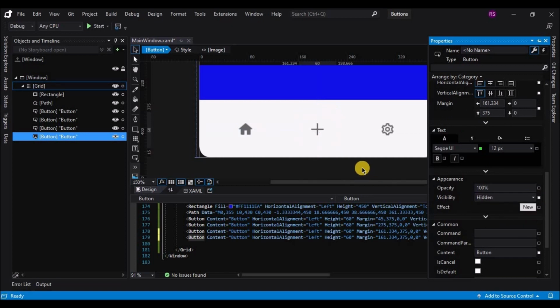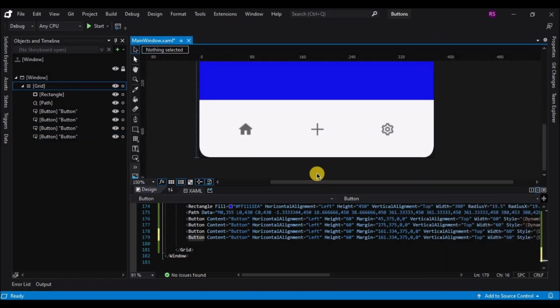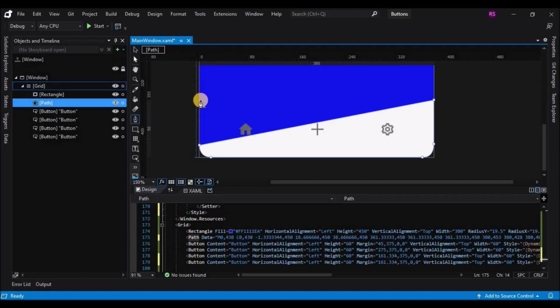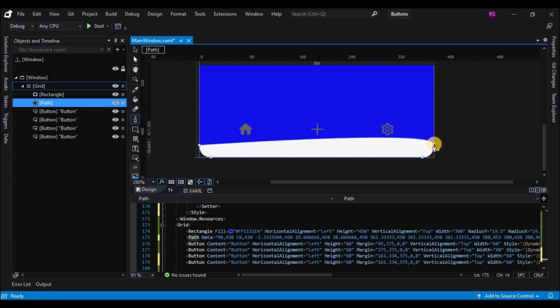Next we'll need 3 more buttons which will pop up when we click on the plus icon. Before that, I think the path that we added, we'll have to remove it because we do not have a curved anchor point in the added path. So I'm just using the pen tool to remove the anchor points by clicking on the anchor points using the pen tool. So I'll remove them by clicking on them, and I'll start fresh. Okay, so I'll delete that path that I created and I'll start fresh by adding a new path on the grid.